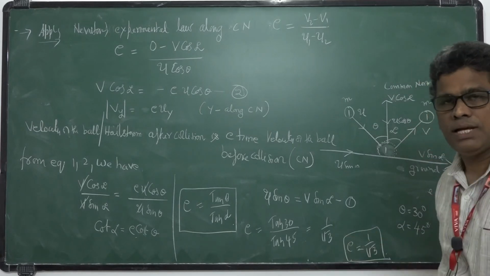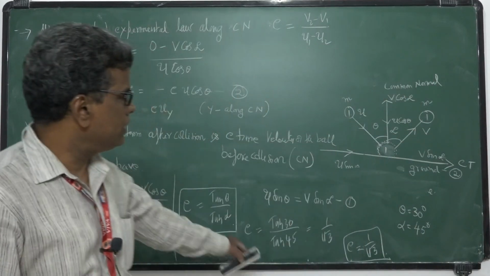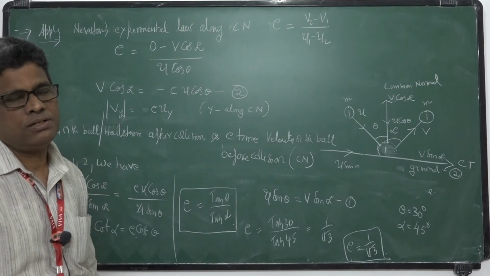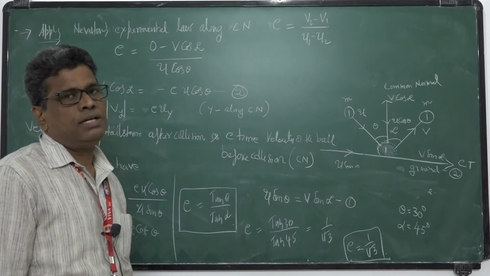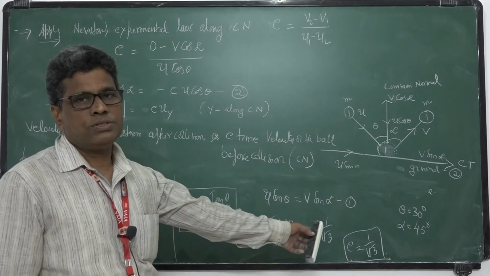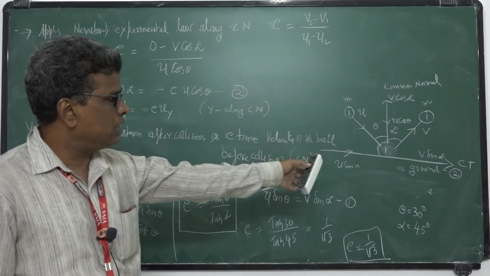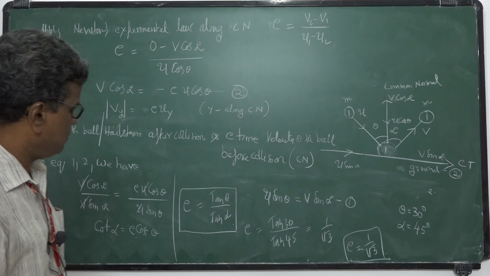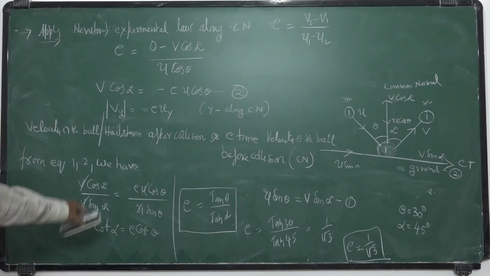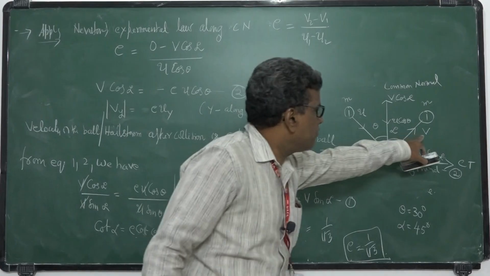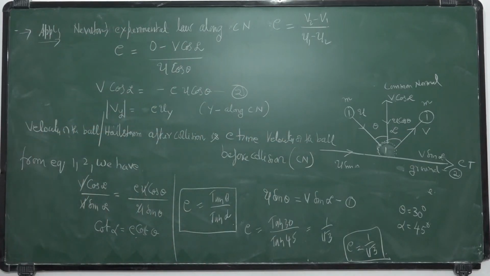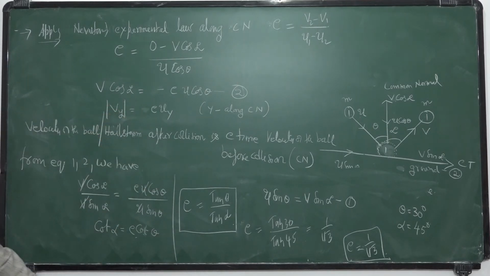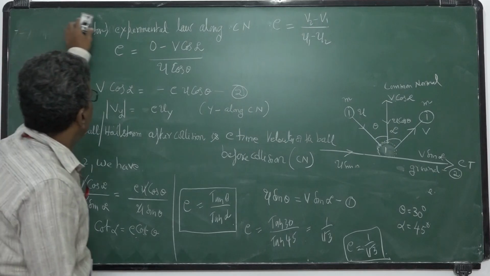As I said, the E value lies between 0 and 1. General collisions that take place in nature are not perfectly elastic and not perfectly inelastic. So a general collision takes place between the hailstone and the ground. This is also an example of oblique collision. Suppose you want the velocity after collision: squaring both sides of 1 and 2, you will get the velocity after collision. I will write that one also.